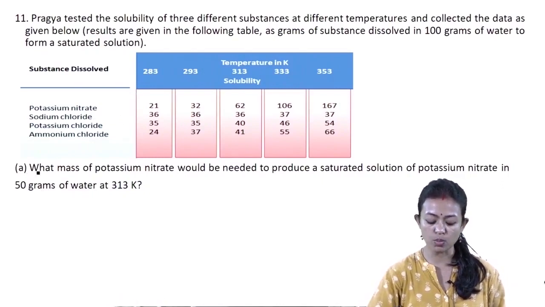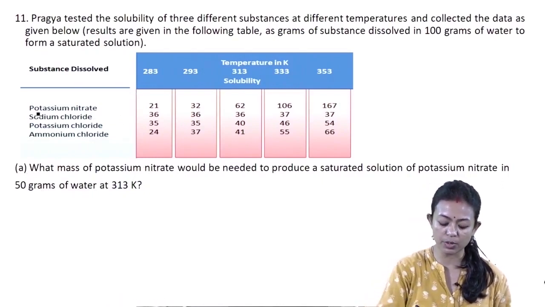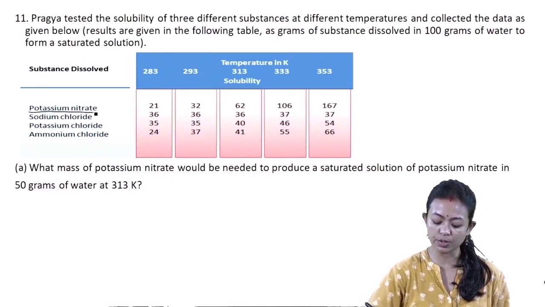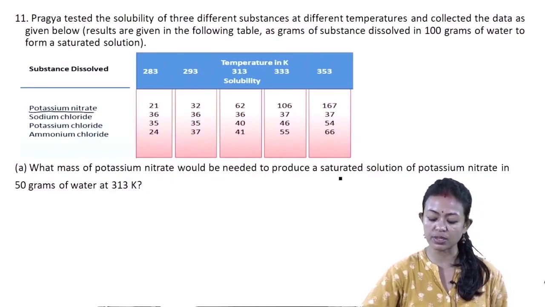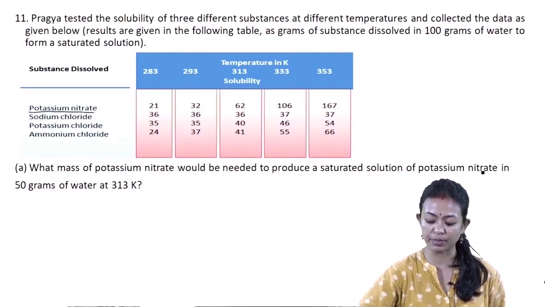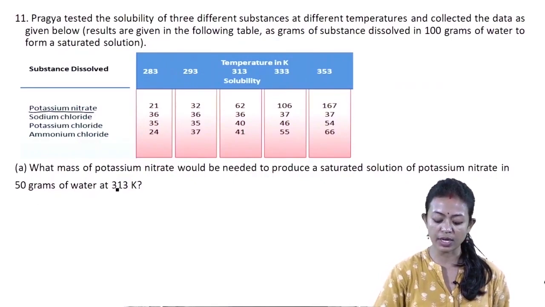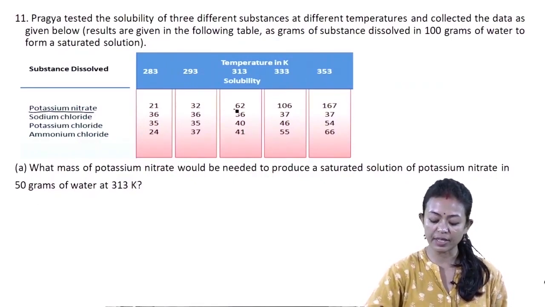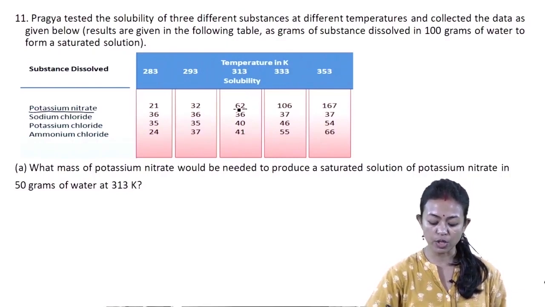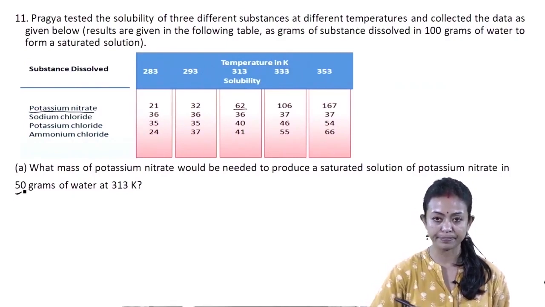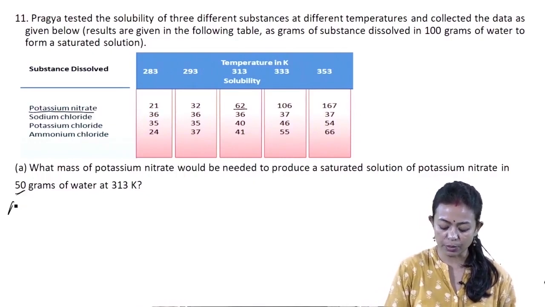The first problem is what mass of potassium nitrate would be needed to produce a saturated solution of potassium nitrate in 50 grams of water at 313 Kelvin. So we need to find out that at 313 Kelvin, for 100 gram it is given to be 62. So they want to find out how much of potassium nitrate should be added in 50 gram. So the answer would be like,